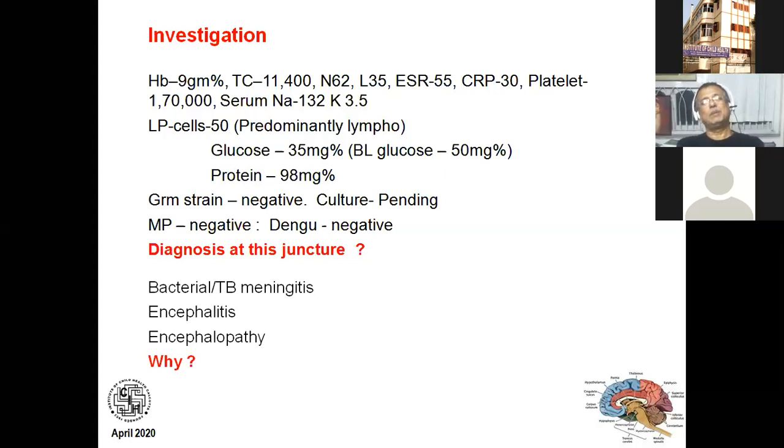And what do you mean by encephalopathy? Encephalopathy is a diffuse dysfunction of the brain caused by systemic metabolic derangement, usually outside the brain. To cite an example, if the child has, say, diabetic ketoacidosis, because of this ketoacidosis, he will have diffuse dysfunction of the brain. If the child has uremic encephalopathy, because of the high blood urea, he will have encephalopathy. So encephalopathy will also cause dysfunction of the brain, but it is due to causes outside the brain.